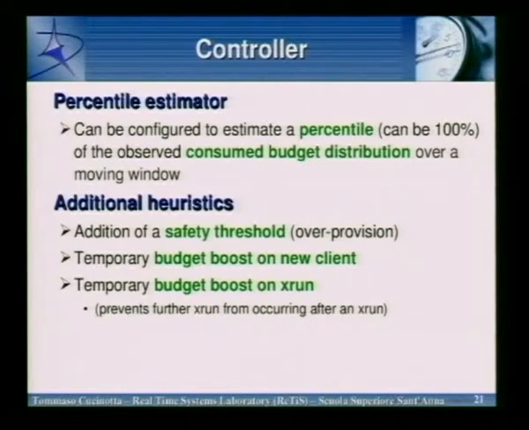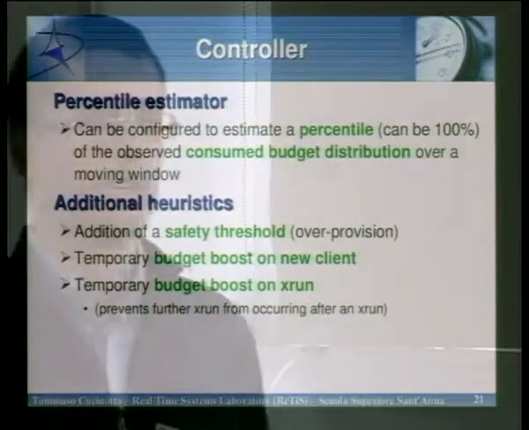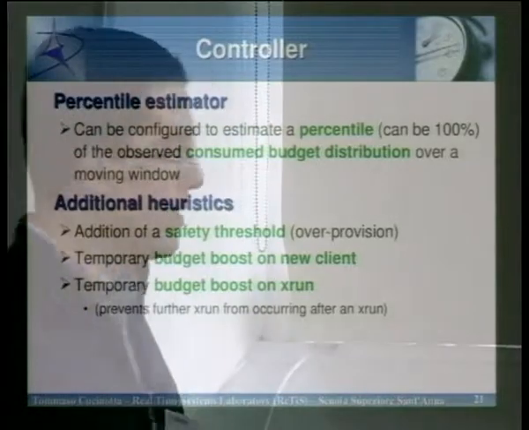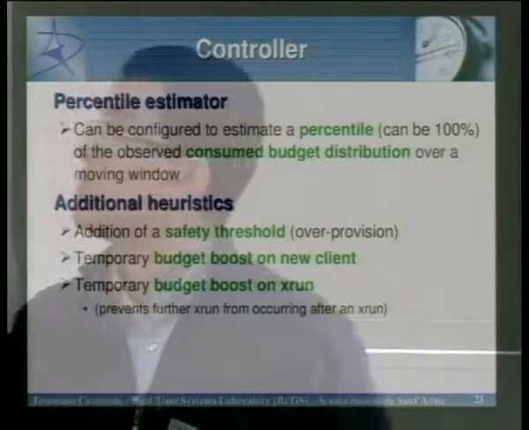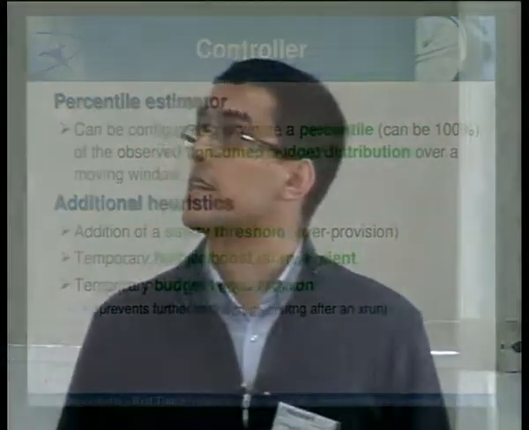How did we compute this budget? We estimated a percentile of the consumed budget distribution over a moving window. So a moving window of, let's say, the latest 1600, it's configurable, the last number of Jack cycles. So we have the amount of budget that was consumed over the last cycles, and we built a percentile estimator of it, which may be as trivial as taking the maximum, or if you prefer, you take a percentile just in the hope to get rid of possible spikes, which you don't really want to tune